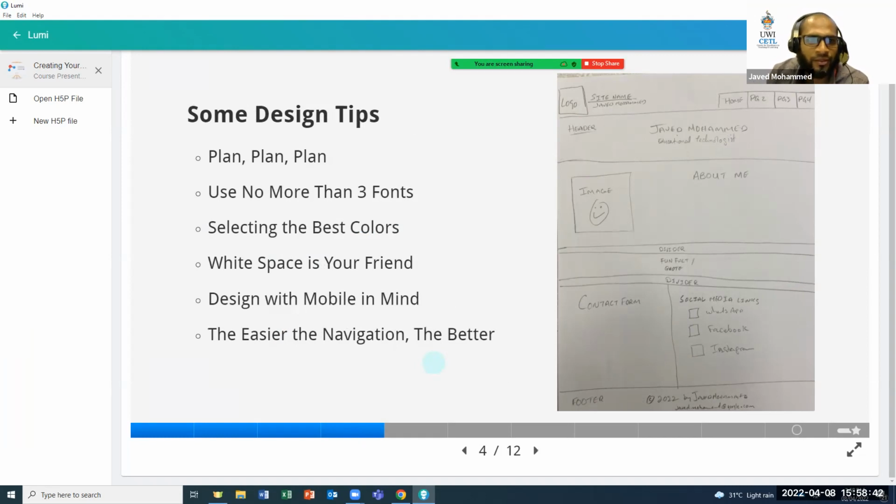So some tips before you actually start creating your website. We saw it fit to just give you all some tips so that you can take this away when it's time for you to start developing or designing. The first tip we have here is to plan. Yes, you can look at a number of samples. You already did that today, which is excellent.